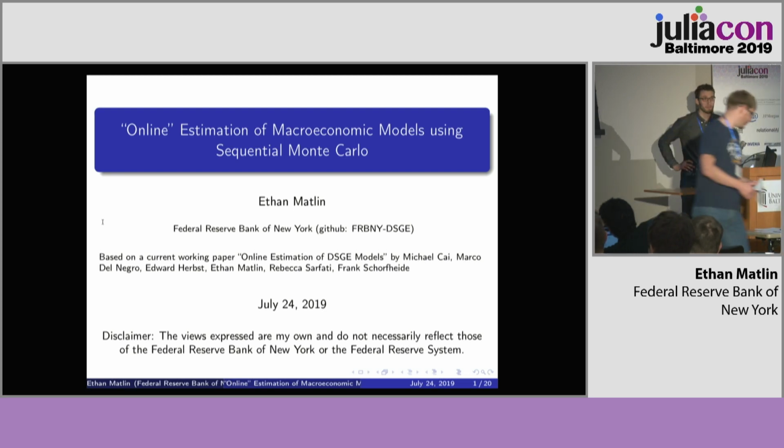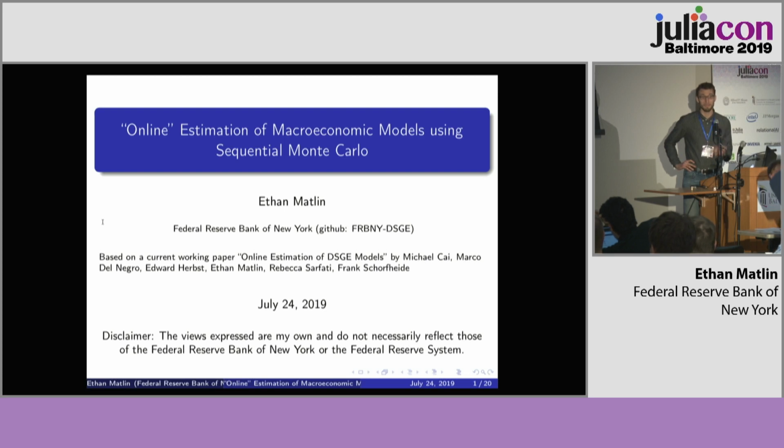Hey everyone, so I'm going to be talking about the estimation method that we're using that makes possible everything Rika just talked about. If you were here for our talk, that's great, you know about DSGE models. If you weren't here for a talk, that's totally fine because sequential Monte Carlo is just a way to sample from an unknown posterior, and you can use this for any model. And I'll be talking a little bit about that, but obviously I'm an economist, so I'll be talking mostly about economic applications. What I mean by online will become clear as I talk, but that's one of the really cool things